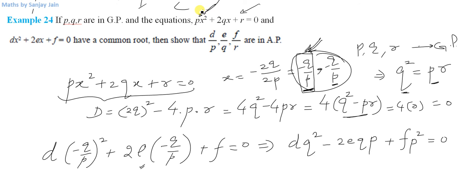So p cannot be equal to 0, so p squared can be simply multiplied on the right hand side with 0, hence it will vanish. So this is the quadratic equation that I've got. Now